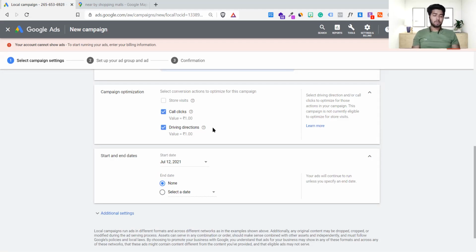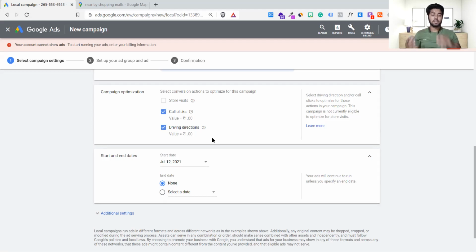But for campaign optimization, we haven't started the campaign yet. This is something still in progress. We haven't finished the campaign. Our campaign is not yet live, but before performing optimization it is asking that when people click on it, it will treat it as rupee 1, and whenever people check the direction and all, we will treat it as rupee 1. According to that, we will try campaign optimization. This is what it is asking.